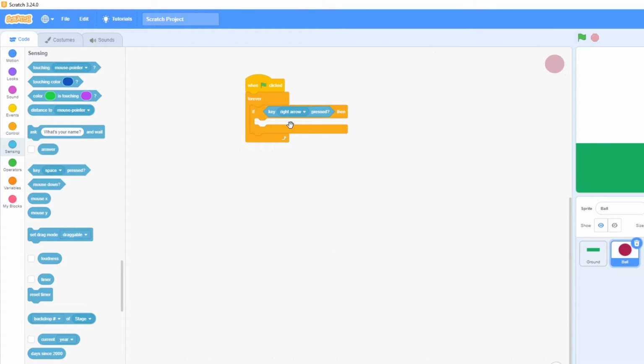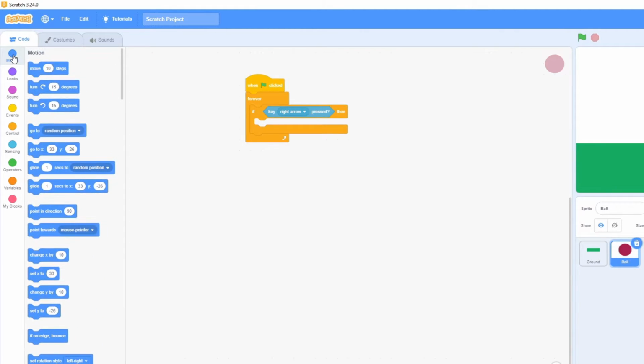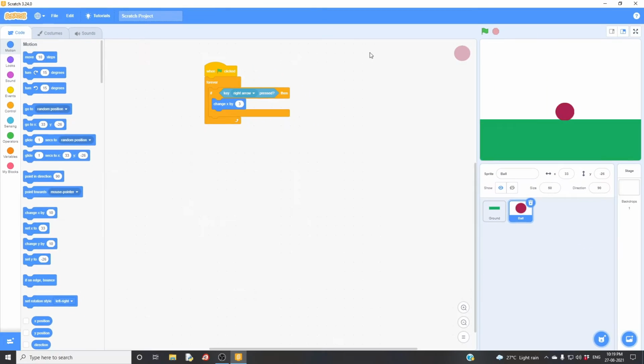When right arrow is clicked, my ball should go towards the right side. So go for motion. Here you change x by 3. So let's check here. Go for the flag, just click the flag. I'm pressing right arrow, it's moving towards the right side.